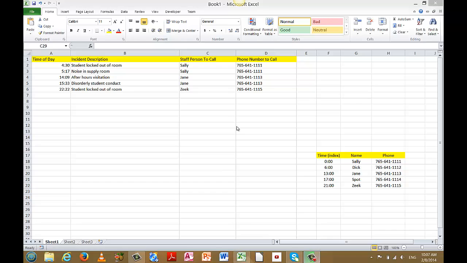When I was in college I was an RA. Maybe a report like this would have been useful for someone keeping track of the incidents that occurred in a dorm, or if you are a night security person, perhaps keeping track of incidents that occur during your watch is useful. So you can stretch your imagination a little bit and figure out how this could be applied in a variety